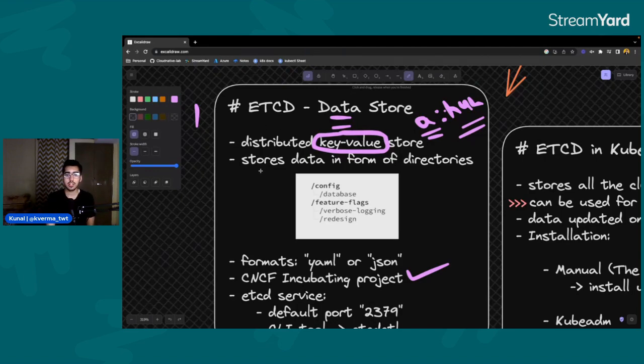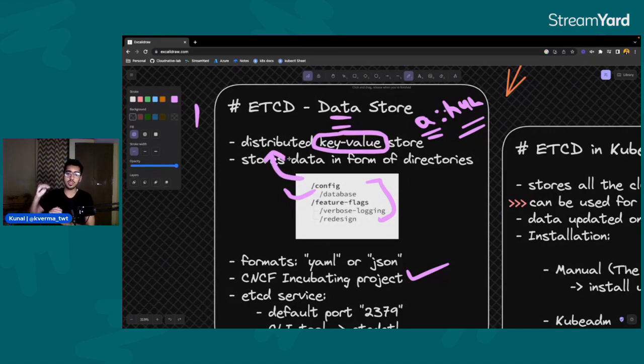It stores data in the form of directories. Now this is the inside part, how it structures the data it is given. It's like a file system. How you store data in your file system, you have directories, then subdirectories, then maybe more subdirectories, and inside that you have your files in which the data is stored. That's how it's stored, and that's where the name distributed comes from.